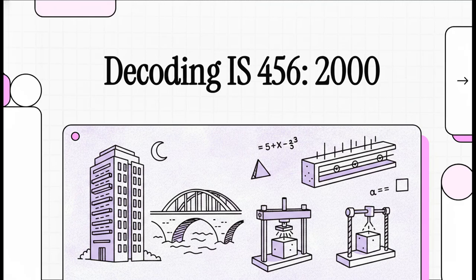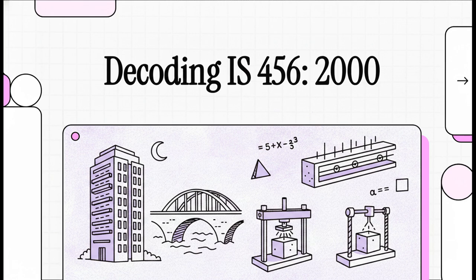Let's jump right in. Welcome to this explainer. Today we're cracking open IS 456-2000. Now, if you're here, you already know this is the definitive code of practice for plain and reinforced concrete in India. We're skipping the basic 101 stuff. We're diving straight into the hardcore science, the rigorous testing, and those absolute mathematical boundaries that literally dictate modern structural